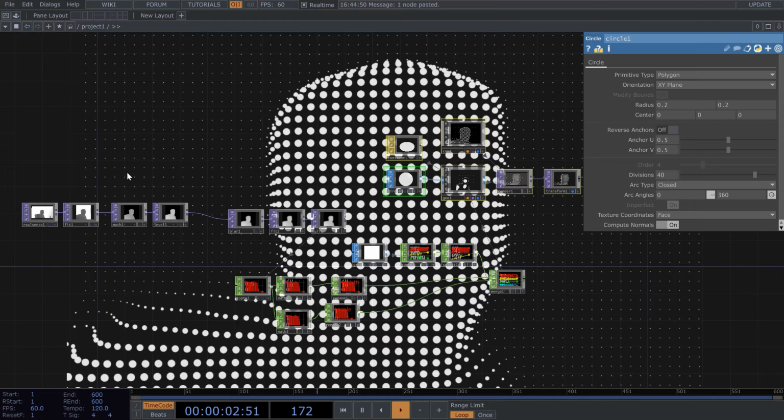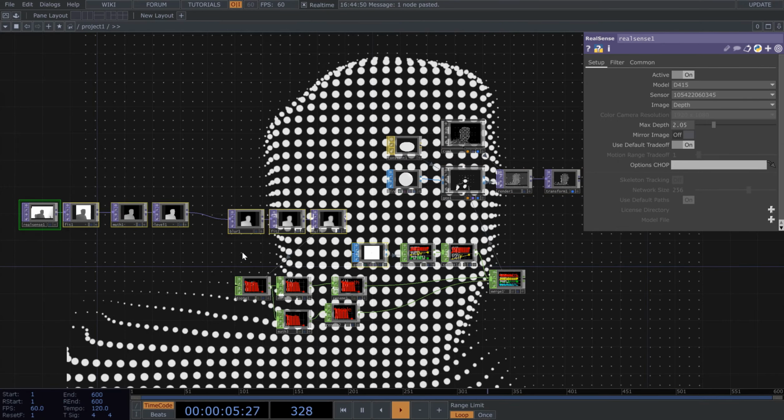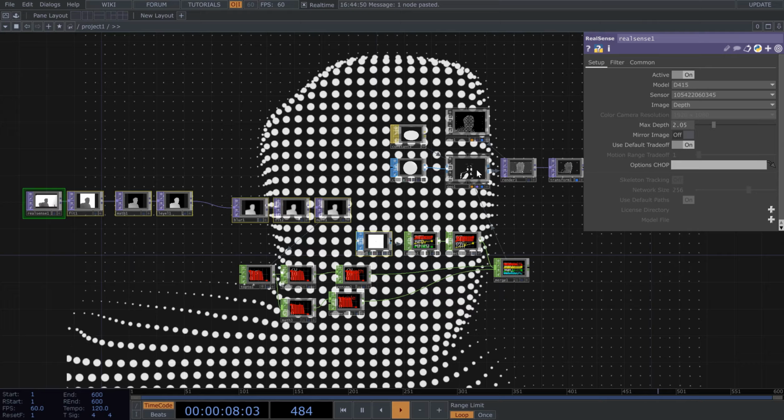Simply create your grid, process the input image, convert everything into chop data, and then pass it into an instance array,